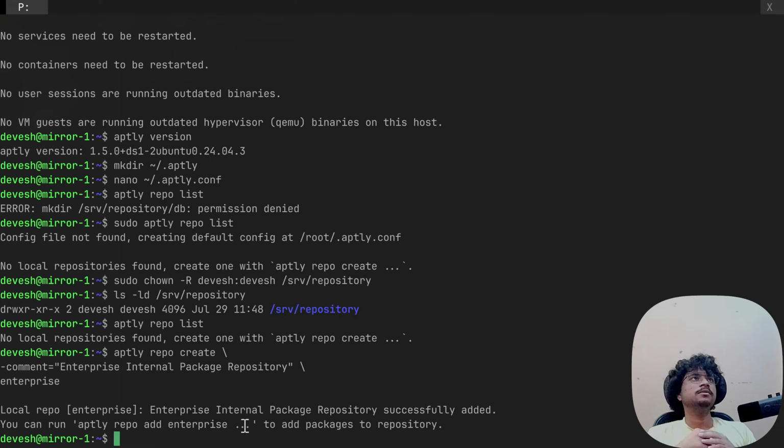you know what? I need a way to get all the packages like in a tree. Let's say we have a given package. Now we actually need a way to get all its dependencies, make a dependency tree, and all the packages in that tree, add them to the enterprise repository.